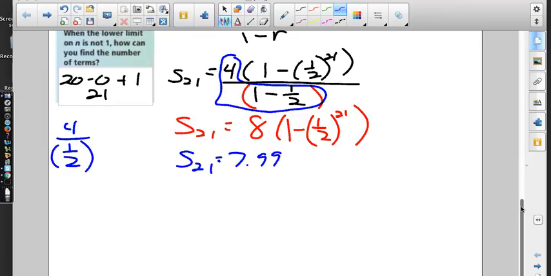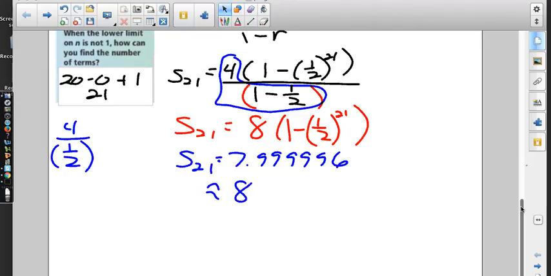How many 9s we've got there? 1, 2, 3, 4, 5. Approximately 8. So first 21 terms, about 8. You know, really, really super close to 8. So now,